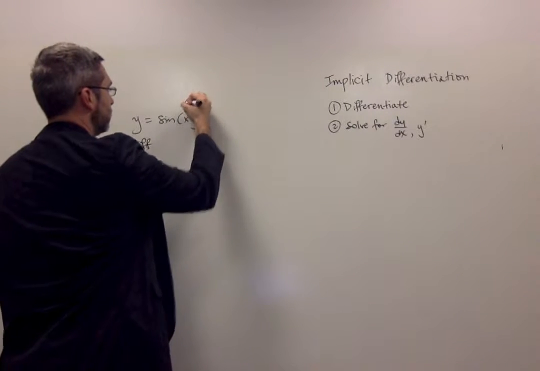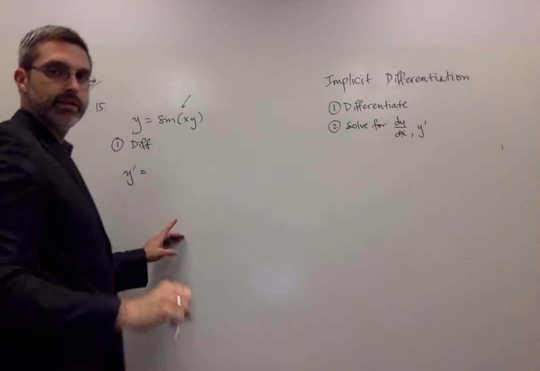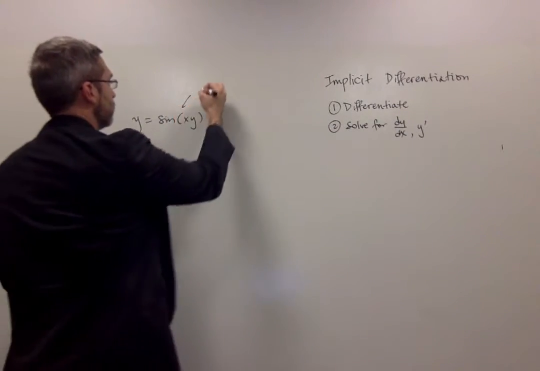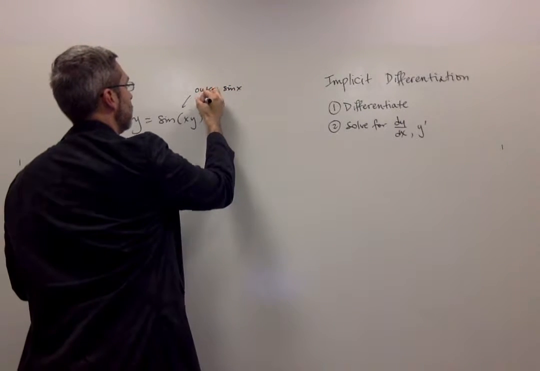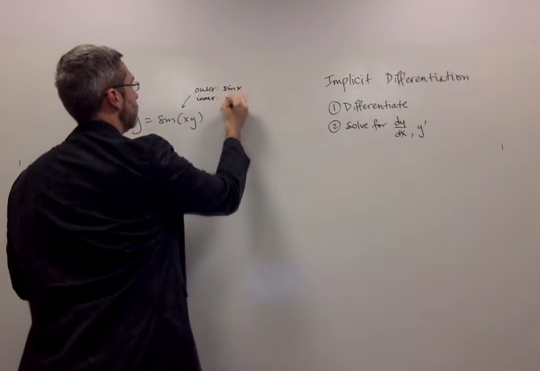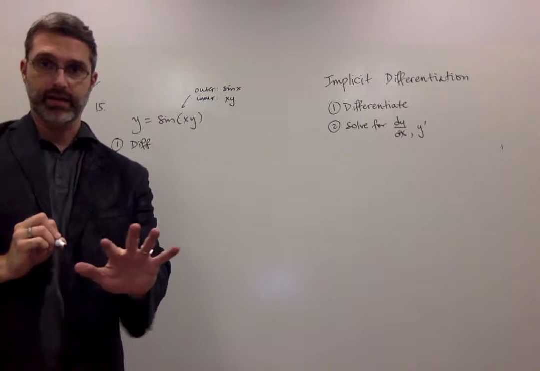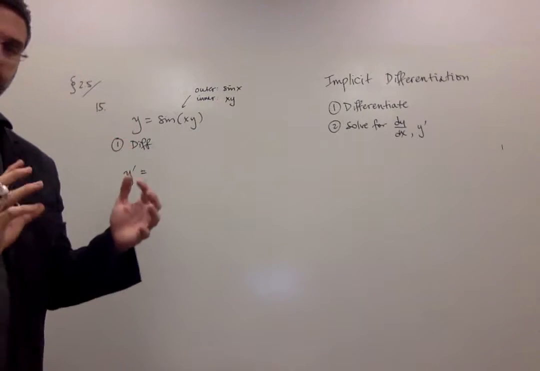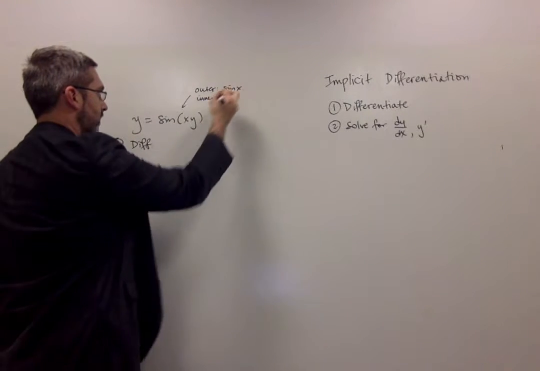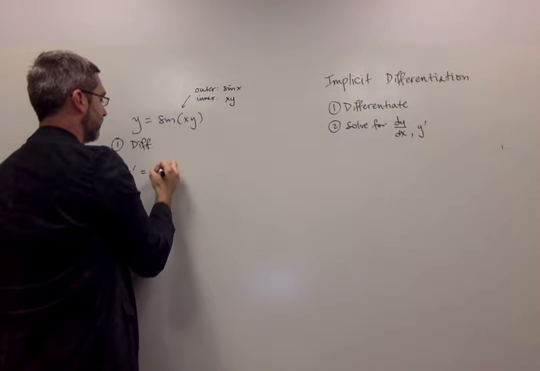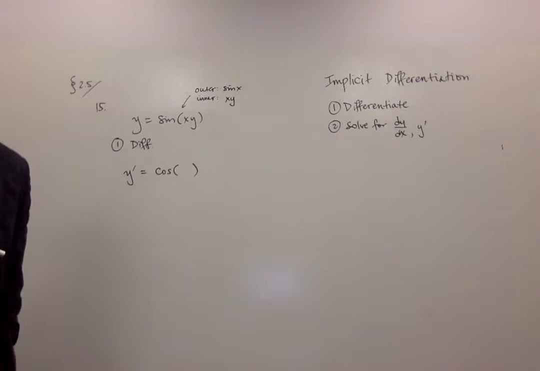And now here I immediately encounter what rule? I've got the chain rule. So I've got as my outer function sine, and then my inner function is this product xy. Now the product rule is going to come in, but it's not going to come in right away. I deal with the outermost thing first, right? Outside in. So I'm going to first differentiate the outer. So the derivative of the sine is cosine. So I differentiate that outer function,